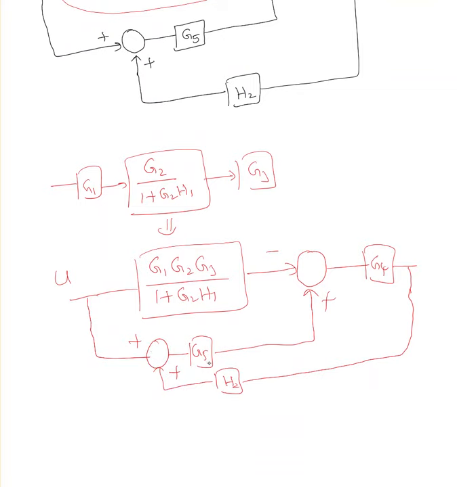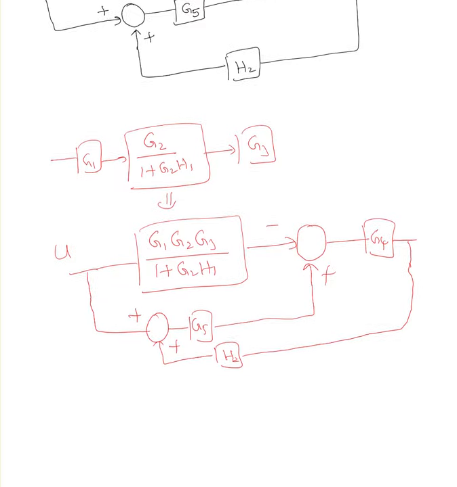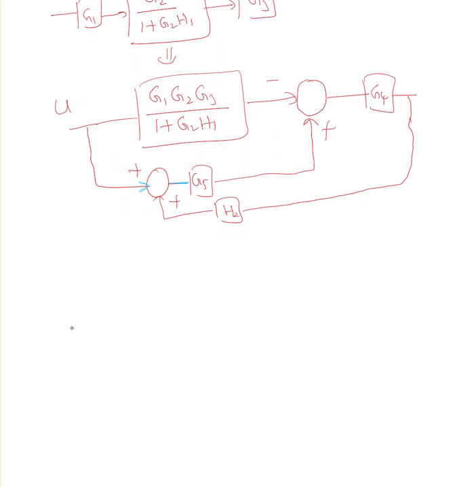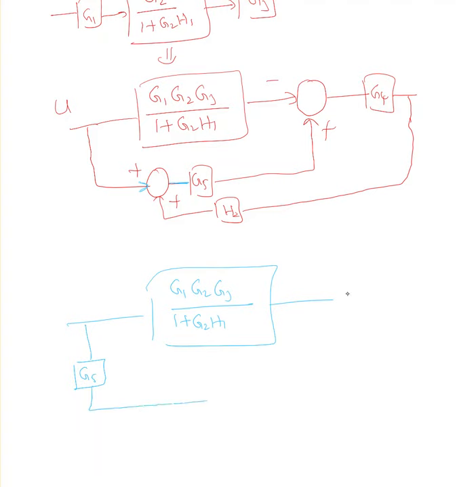To eliminate the summing point, what I can do, I can move this g5. So to eliminate the summing point, I need to move this g5 to all the inputs coming to the summing point. Okay, this is going out, these two are coming in. So when I move it out, I'm going to end up having z1, z2, z3 over 1 plus z2 h1. Okay, I will have z5